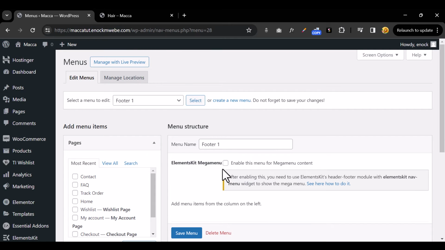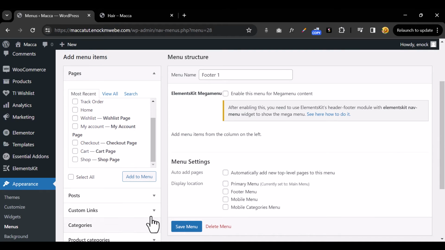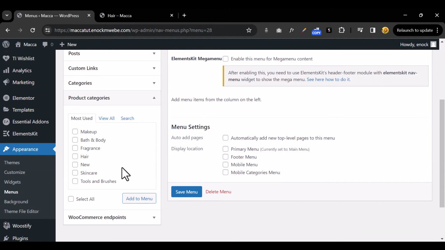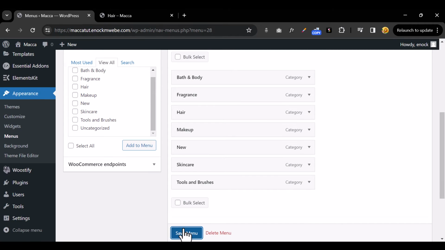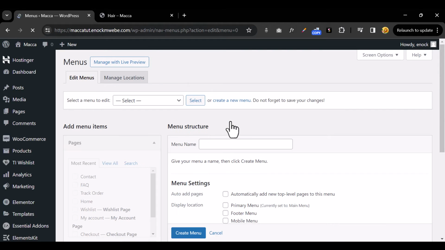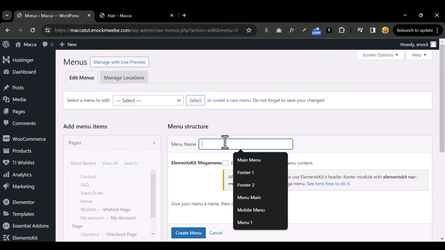After I've created the menu, you'll see that it's now selected. I'm gonna go to product categories, click on view all, and select almost everything, or any that I want to include. Then I hit add to menu and click save. Okay, now let's create another menu by clicking on create a new menu, and let's call this footer 2,